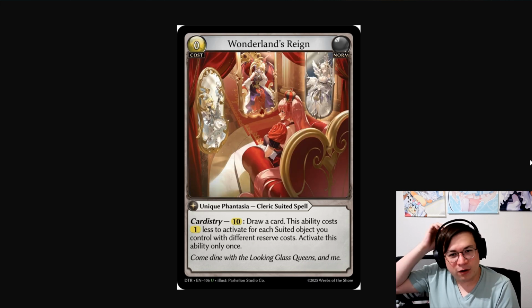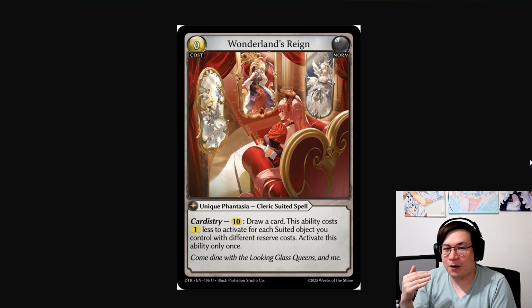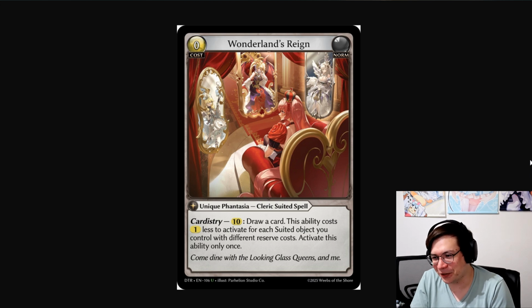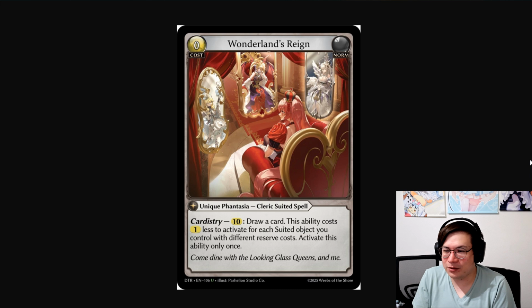All right, this is the final card we're talking about. This is another suited payoff. I don't know how crazy this card's going to be, whether it's going to be good or not. But it's a 0-cost unique Fantasia. It has cardistry 10, which sounds insane, but possibly depending on how these games play out with the suited mechanics and stuff like that, I can see this going down to like 5 or less to draw a card every time,